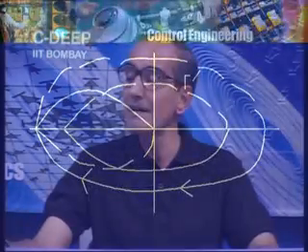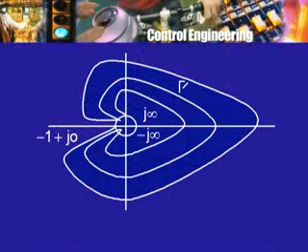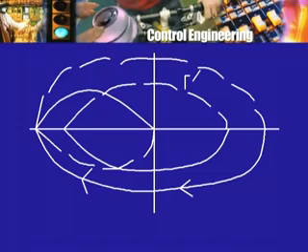Now, this looks different from what we had looked at earlier because of the presence of this factor 1 by s. So, these were the curves that I had drawn earlier. Of course, this was for the case when the thing was in the upper half, but actually it is going to be in the lower half, as we have seen. So, this is what it is going to look like. Now, this is not the whole of the image contour gamma prime. So, I have to complete it by taking its mirror image. So, let me draw this dashed line to indicate the mirror image. So, this is one part of it, this is the other part of it,